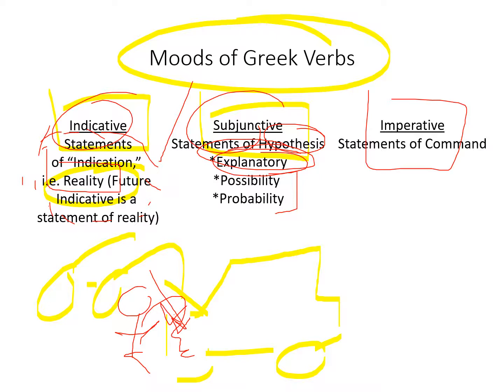The imperative is a mood of command. It's a mood of urgency. So one way to think about the imperative is with an exclamation point. Now there's a spectrum. On one side of the imperative, there's authority. On another side is just urgency. And the imperative is generally more toward urgency over here.